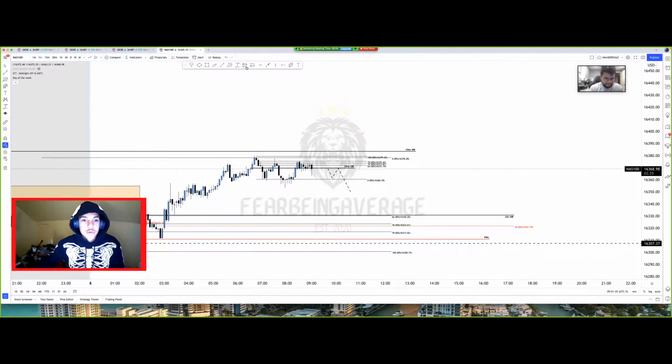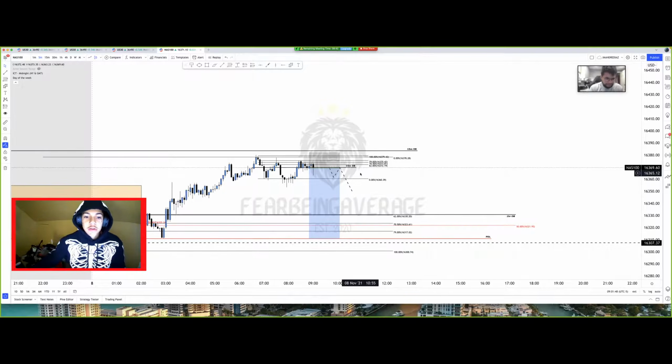All right, I'm going short on NAS 100. Stop loss is going above these highs in anticipation of price to continue dropping lower. So let's see. Hopefully this just wasn't like a quick liquidity grab before it goes higher. If it is, that would suck. But let's see what happens.